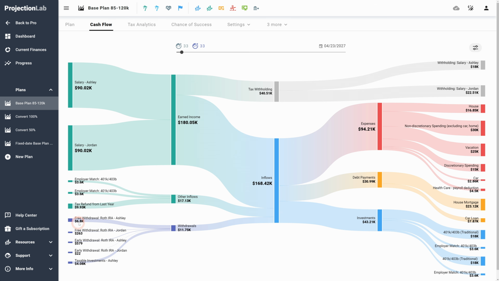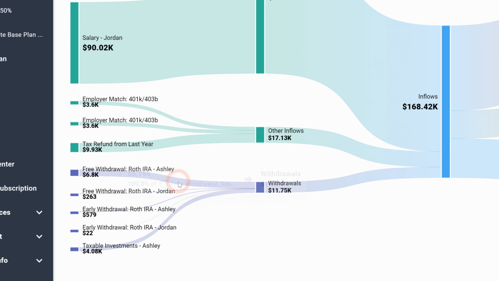you'll see that ProjectionLab ends up having to pull a few different types of withdrawals here. Under free withdrawal of Roth IRA, in this case, I guess I hadn't looked ahead, so I did this on the fly. So what happens here is actually an interesting case. You will see that it had free withdrawal of Roth IRA, so this is withdrawing past contributions, and then also early withdrawal of Roth IRA, which are potentially penalized distributions. But then you'll also see